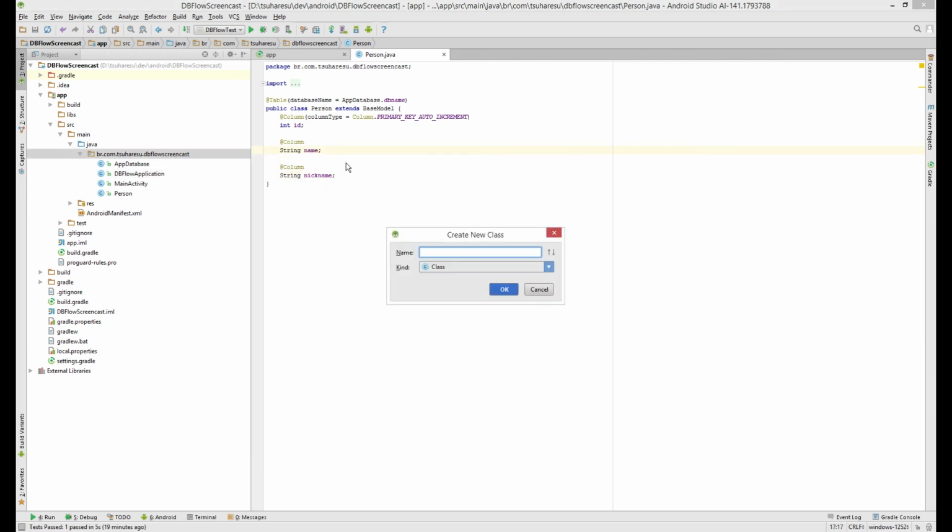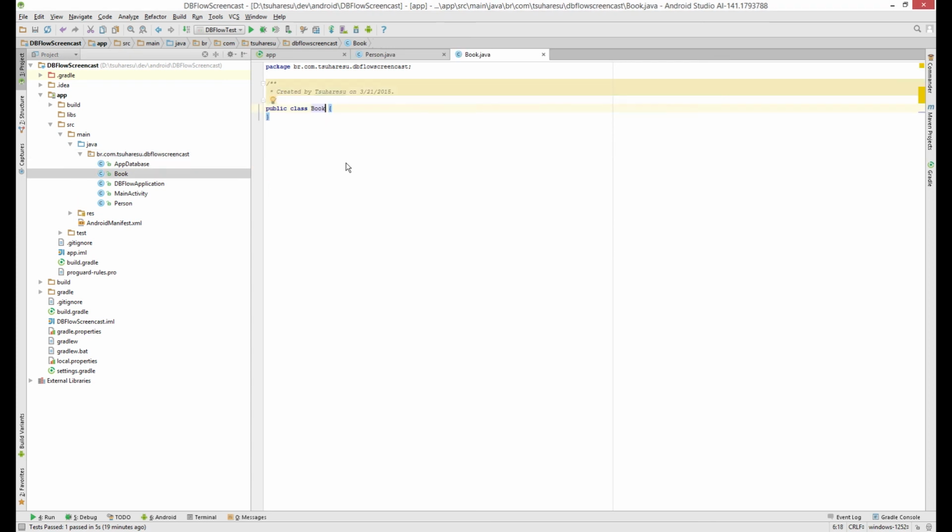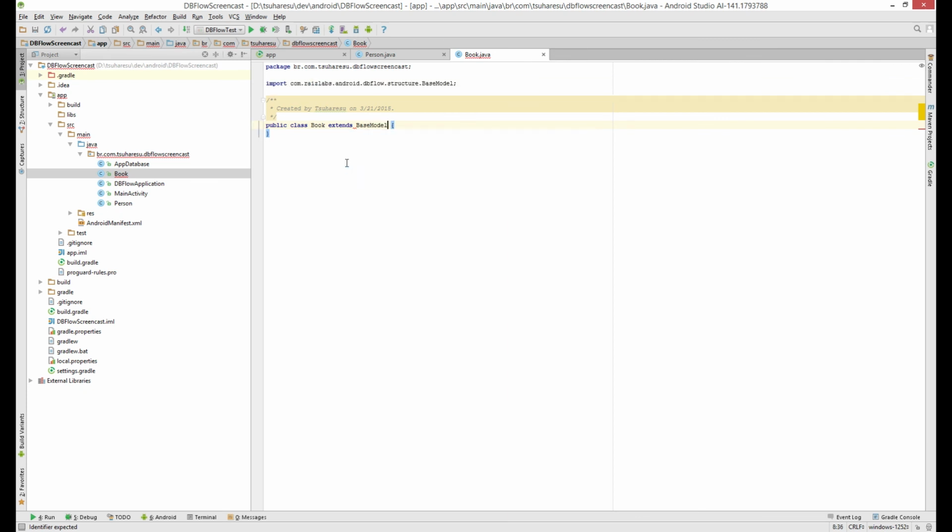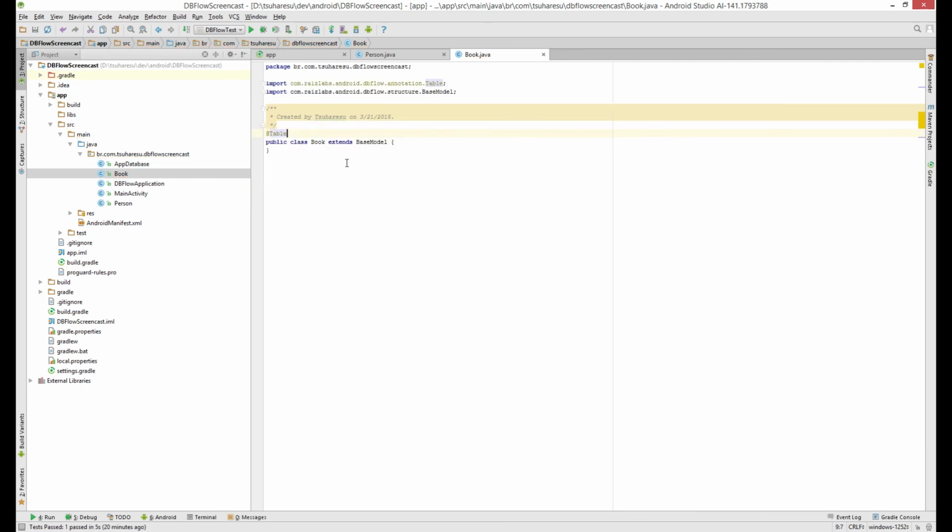So I create this book, and it extends base model and it is a table. Okay. So what I'm doing here is creating a new class called book that will be a table, and every person